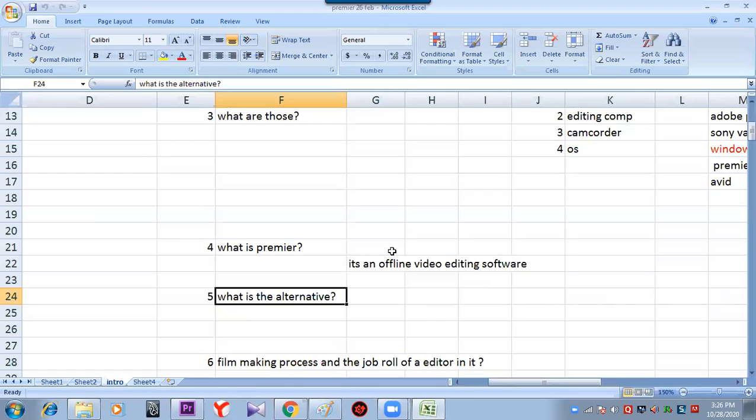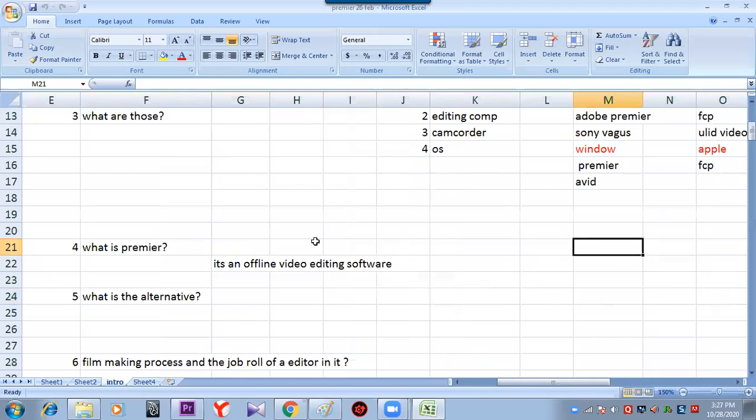Now, Premiere works widely from the small sector to the higher sector. I mean personalized videos and everything, short films, ad making, up to filmmaking. Everywhere Premiere is used. And as the counterpart, FCP is again a high-end software, but it requires the Apple platform. It is a little costlier compared to the Premiere working process. Hope we got to know that everywhere it is a win-win situation. I'm not saying that this is good, that is not good. That is not my concern. I just want to let you know about costing.